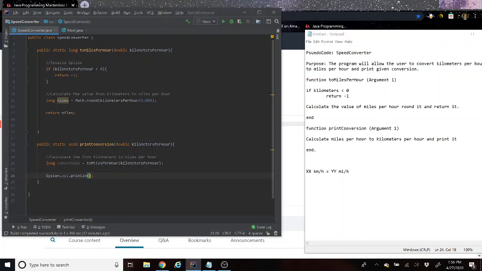So the double XX is the kilometers, right? So we're just going to take the kilometers that was inputted from the parameters, and then we're going to take the new result on the other side,